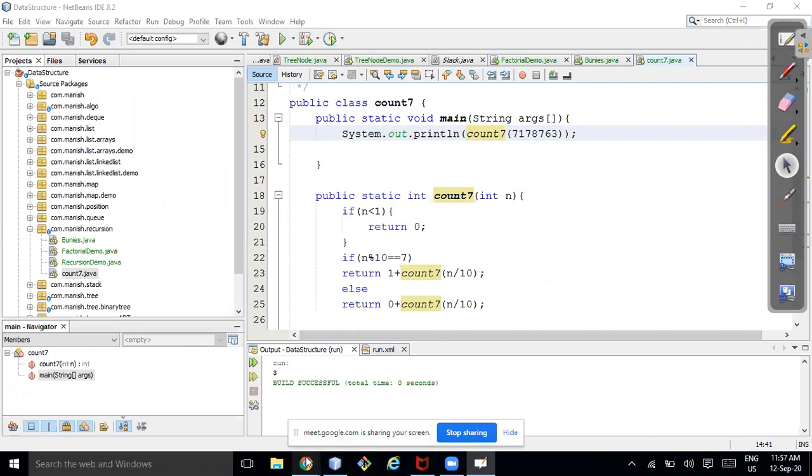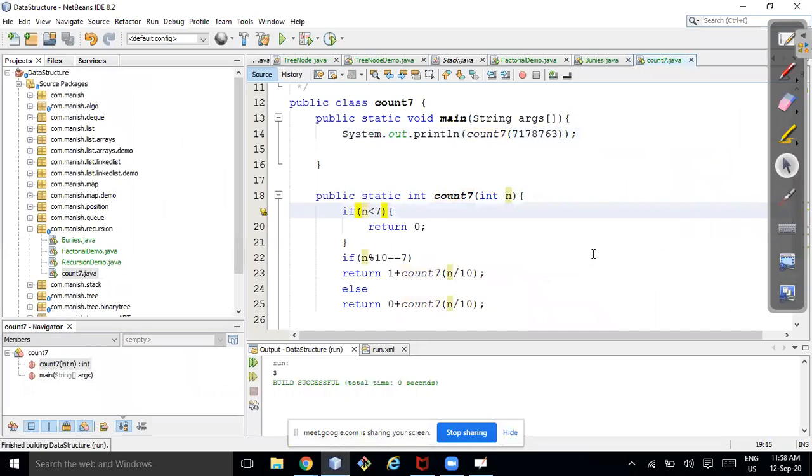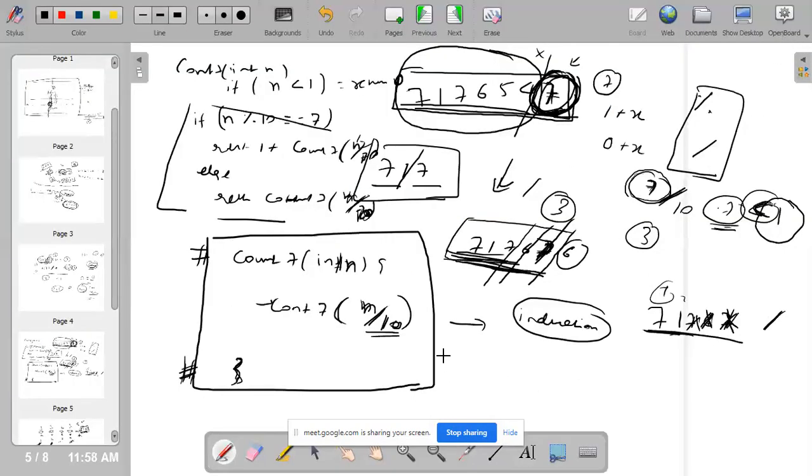But in this condition, if you are giving n less than 7, then that also will work. Obviously it will work, no doubt about it. But my assumption here is, the better you write the base condition, it will always be error free. The least number I can pass is a single digit. So anytime suppose someone asks, check number of 1, number of 2, number of 3, number of 4.